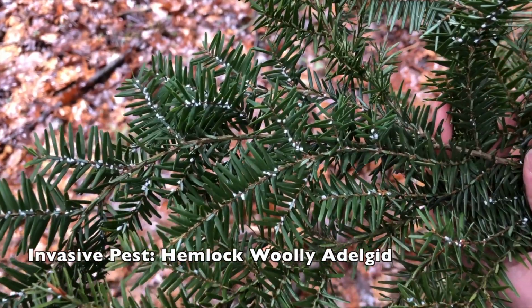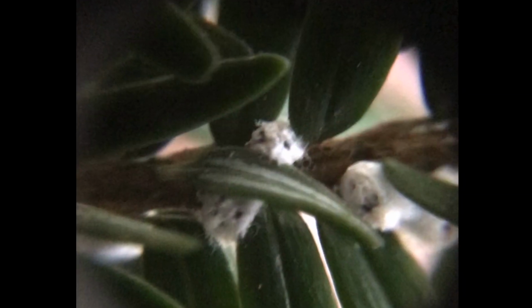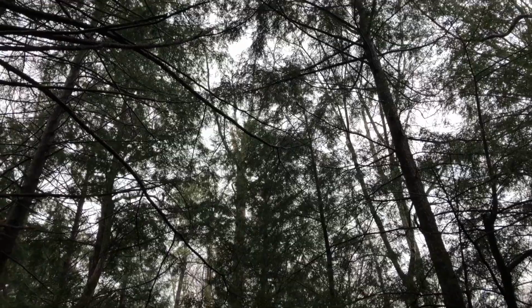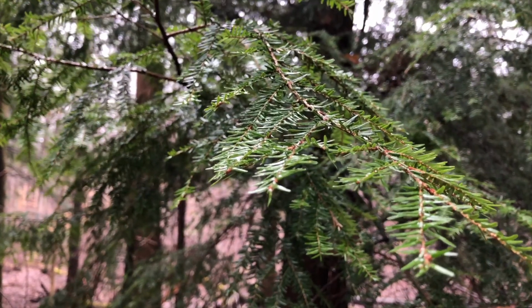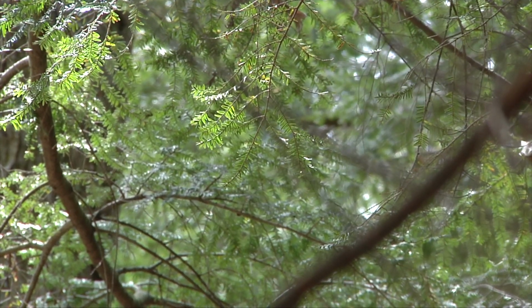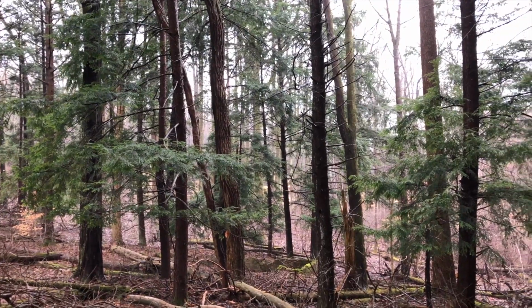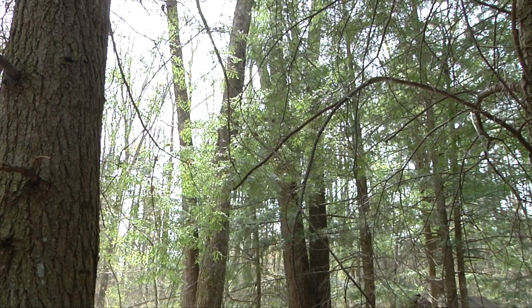The insect that we're concerned about is called the hemlock woolly adelgid, and it does form a woolly, sort of cottony mass over its body. It's a tiny insect related to aphids, but it feeds on the needles and twigs of eastern hemlock trees. Essentially, it saps nutrients out of the tree, and it causes a slow decline and eventually mortality after a few